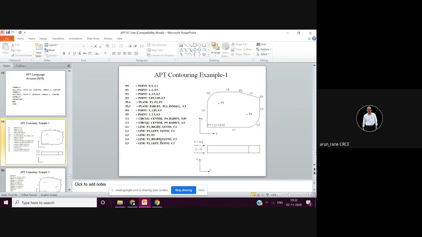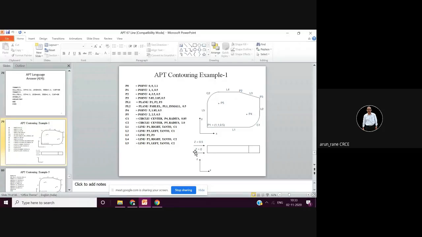Now remember, throughout this PPT, the dimensions are in inches. That is what you have to remember. Don't get confused that this is 1 millimeter, 1 millimeter, 0.5 millimeter. It is 1 inch, 1 inch and 0.5 inch. That is half inch. So point P2 is a point at a distance of 4 inch from here, then 3.5 inch, and then